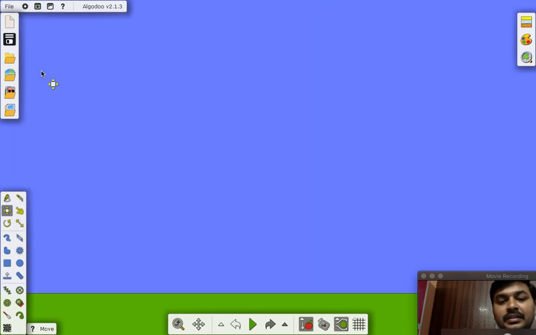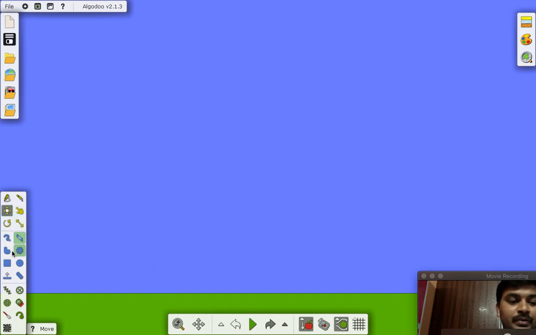This is the default page where you will reach after opening the software. First I will explain about this software a little, and then I will show you how to create small animations. In this software, there are two planes. This is a ground plane, or this line indicates it, and this green surface indicates below the ground, and above this line is above the ground.